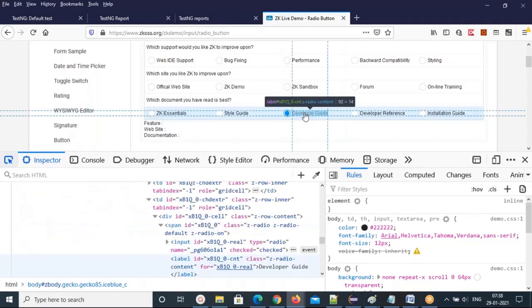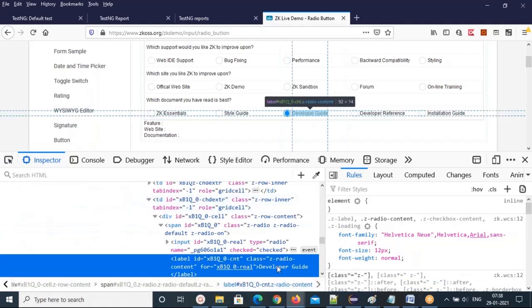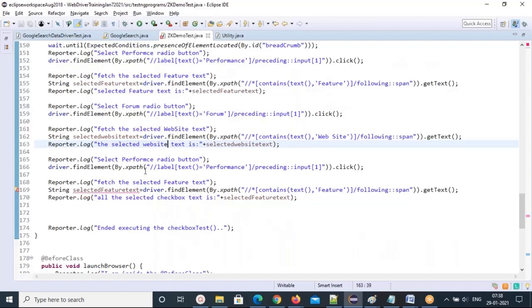So identify the developer guide, and copy this developer guide radio button. Select developer guide radio button. Just put it here in the XPath, you select that. Then fetch the selected document text.